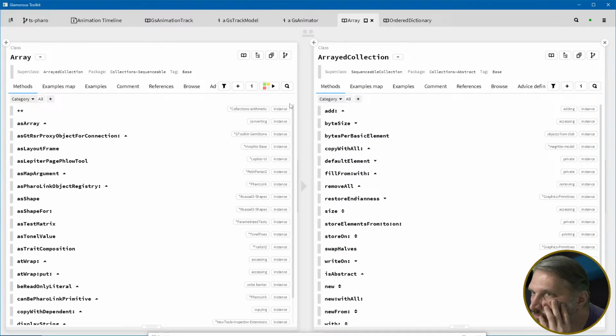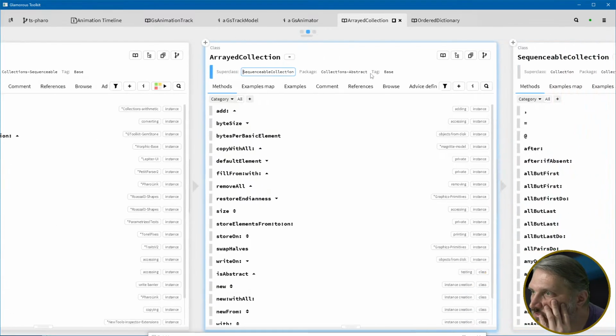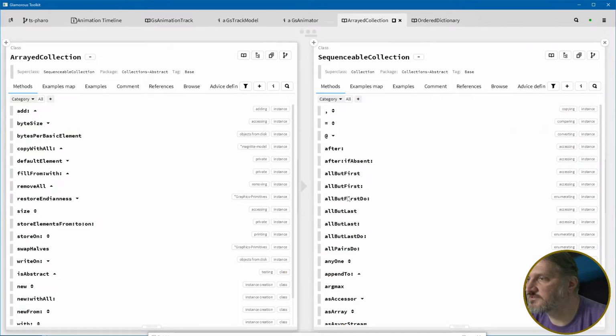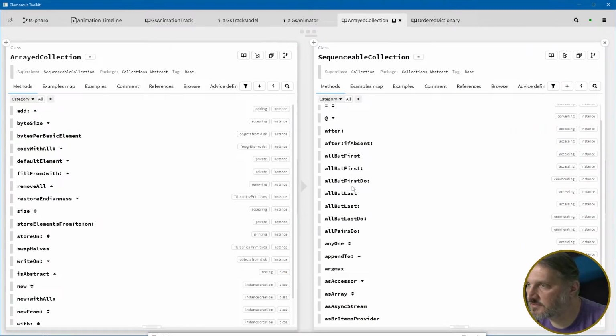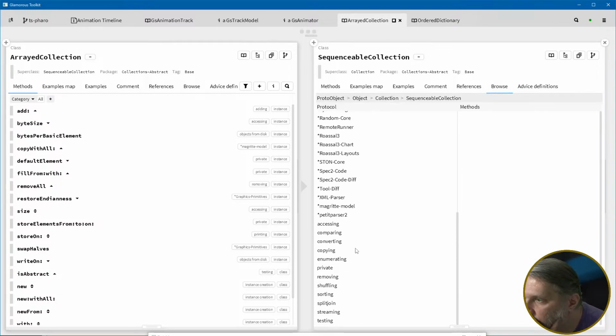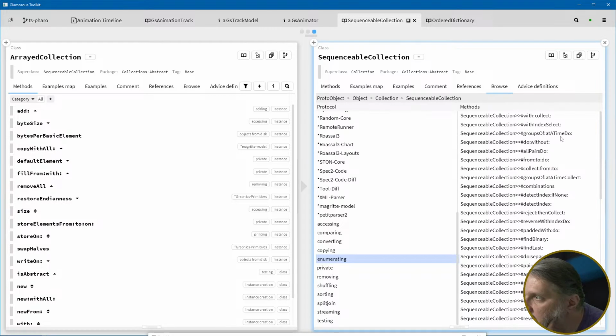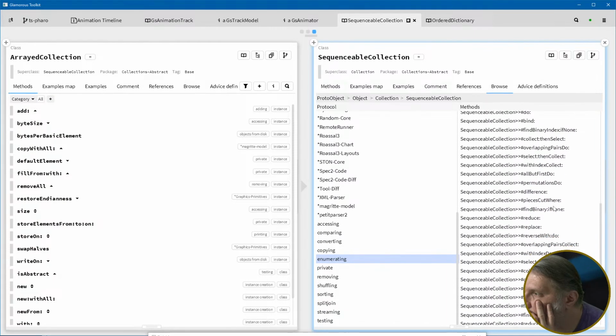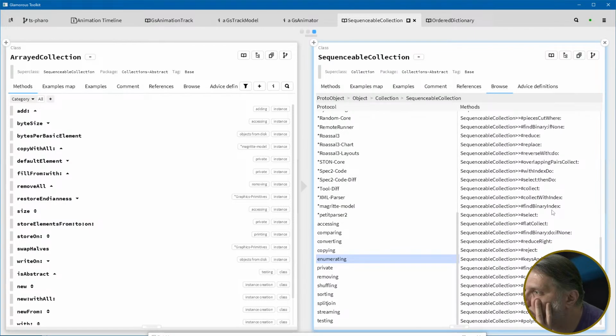Sequenceable collection, all but first, do. All but first. Enumerating, do without, all pairs do, with collect, combinations. All but first do. Using values do. Reduce. No, I wanted